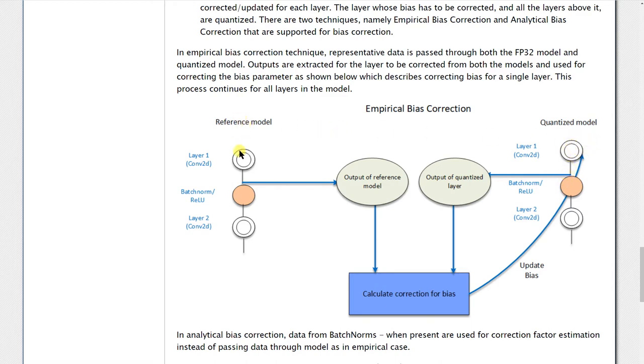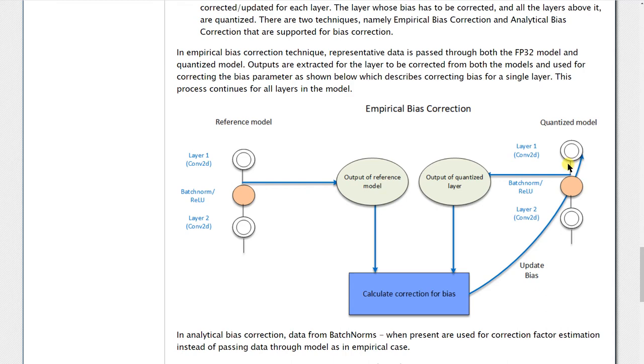You can take a reference model, which is just in floating point, observe the outputs of this reference model and the outputs of the quantized model, and figure out this shift. And once you have figured out the shift, you can correct it